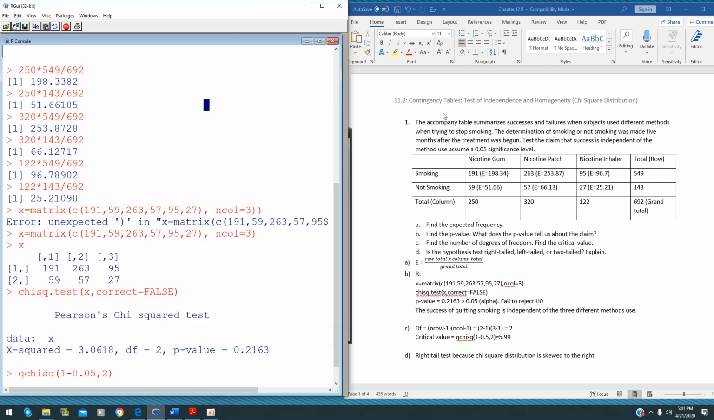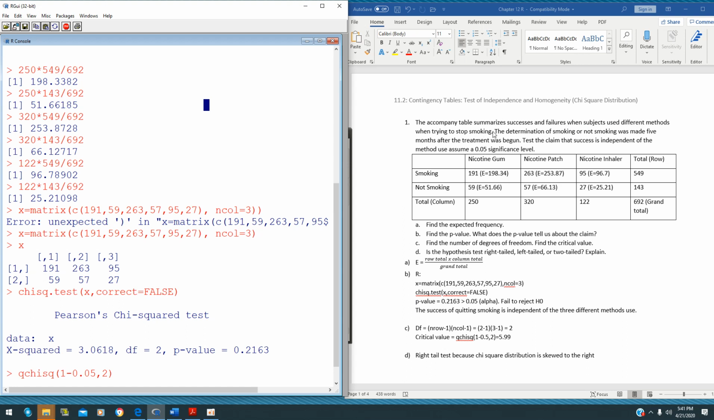This is 11.2 for statistics class. We're talking about contingency tables, tests of independence, and tests of homogeneity using the chi-square distribution. So the first question is asking us about a contingency table that summarizes the successes and failures when subjects use different